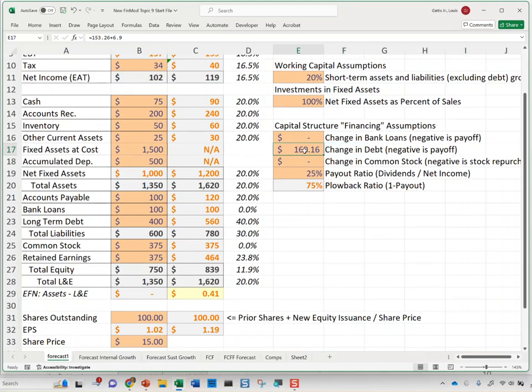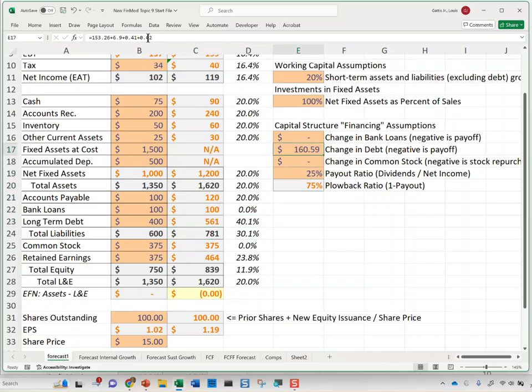All right, when I do that, I'm pretty close, but that 690 increased my interest and so on. So what I need to do is add another 41 cents. This is the fourth step, fourth pass. I'm still 2 cents off, so I'll add another 2 cents. So it's this iterative process where you keep adding to the debt balances to finance the shortfalls in retained earnings driven by interest. So this could be a way, if you want to finance 153 shortcoming in EFN, I actually